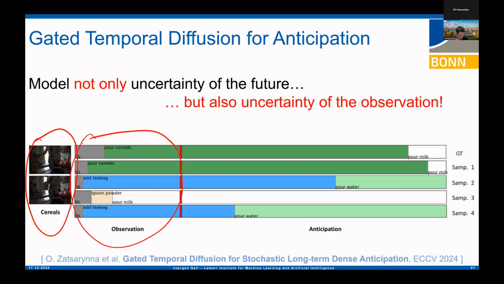So in this example, at the end, there's some ambiguity because of the light conditions. Someone might be using something with cereals, or preparing a tea, or this is related to preparing a hot chocolate. So at the end, because of the light condition, there's already a high uncertainty in our observed part. And this uncertainty also propagates to the future, where we get different predictions depending on what our model understood from the observation.